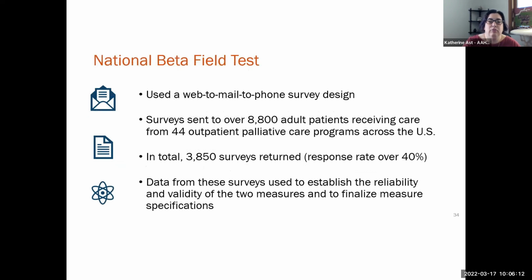And we had a very robust national beta field test that we're very proud of, using a web to mail to phone survey design. The test did require a vendor, and our vendor was RAND for the test. But the vendor was able to send surveys to over 8,800 adult patients receiving care from 44 outpatient palliative care